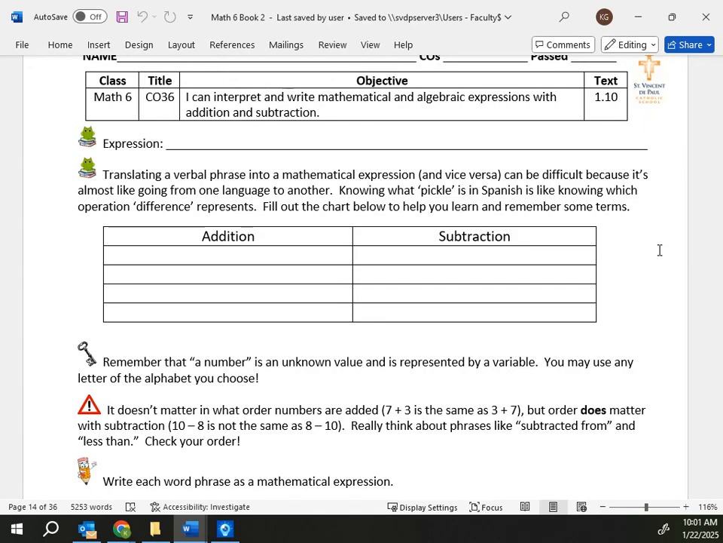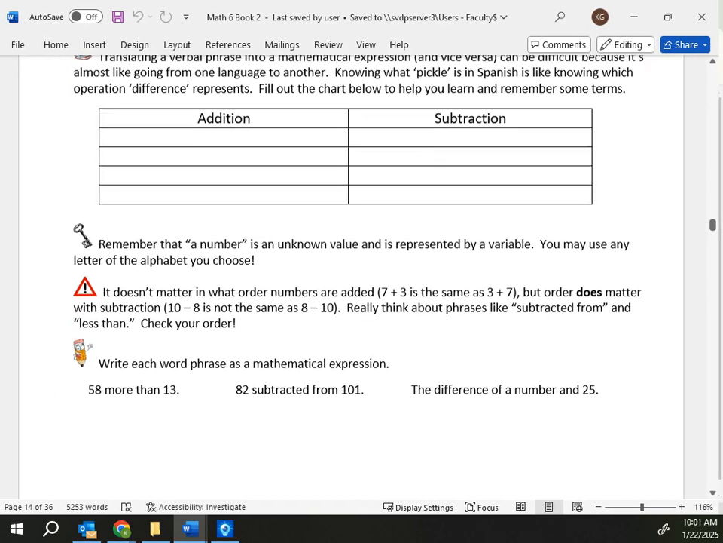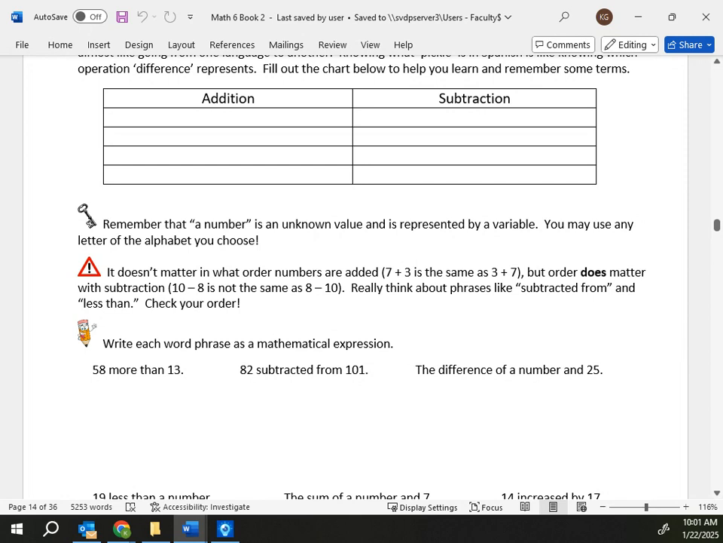Remember when we did this objective, I said you're going to want to put this table on your help sheet because you're going to need to remember those keywords. So the keywords we know we're going to be adding if we see words like the sum, total, or plus. We know we are subtracting if we see difference,